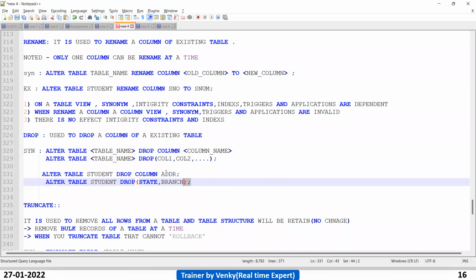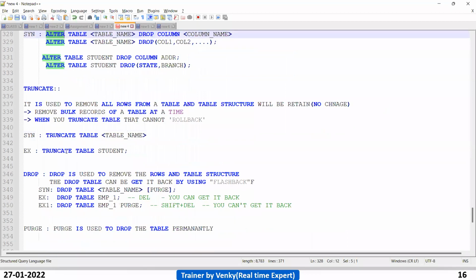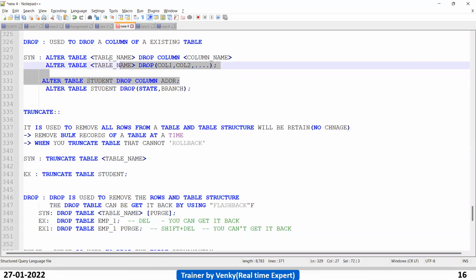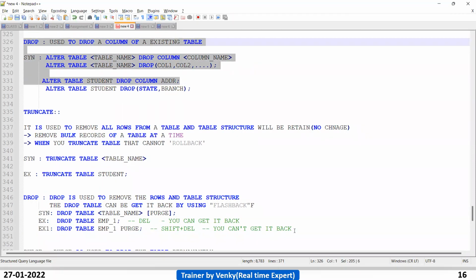If you want to delete a column, then you have to go with the alter and drop option. If you want to delete or remove a table, then you have to go with the individual drop keyword. Clear, right? By using drop, you can do two things: drop column and drop table.